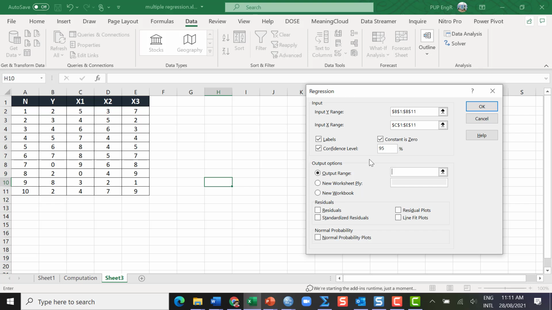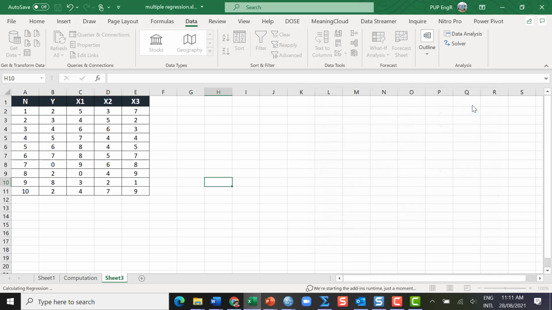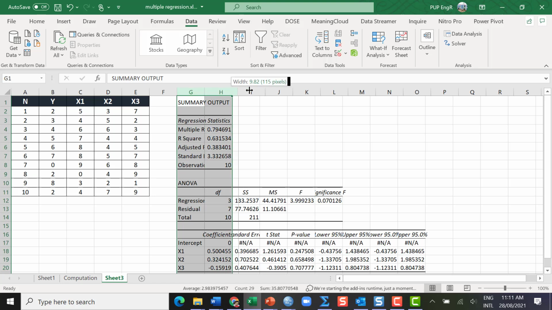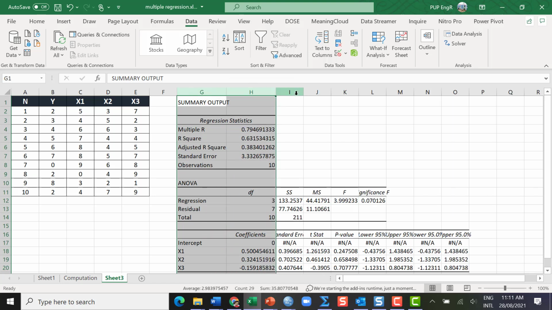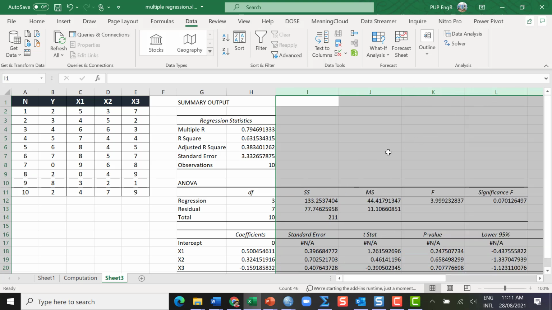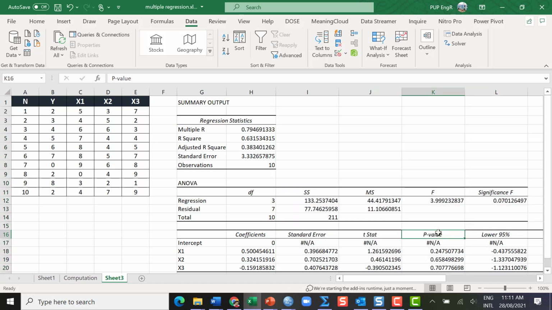Okay. So in this exercise, I'm going to show you. Okay, so we're going to put the output here, and then let's click on OK. And this is the Microsoft Excel data analysis toolpak. Okay, so the p-value here, it states that,